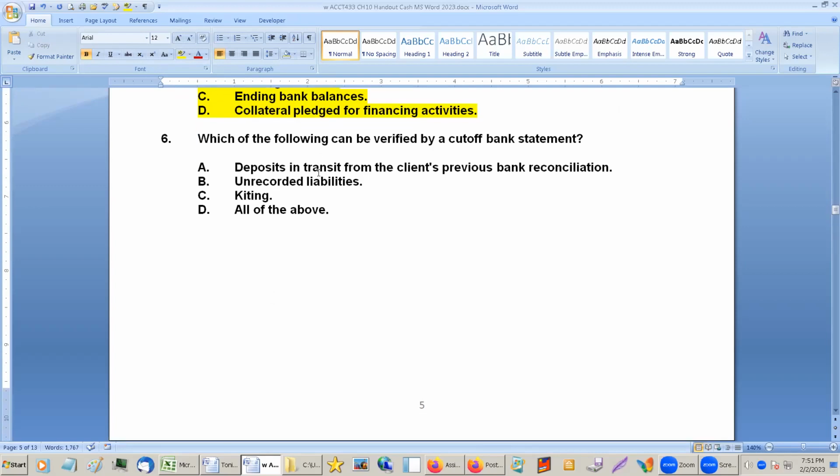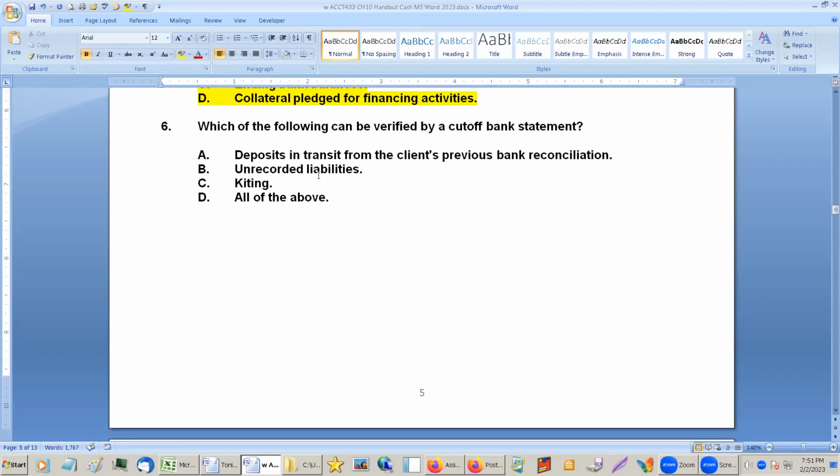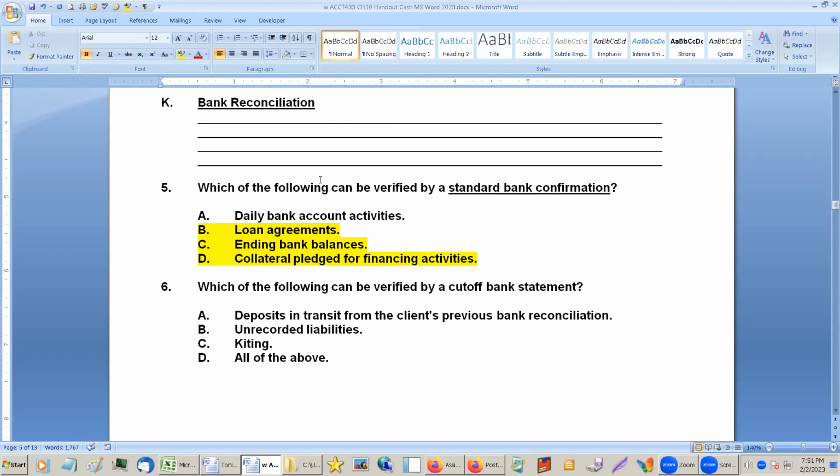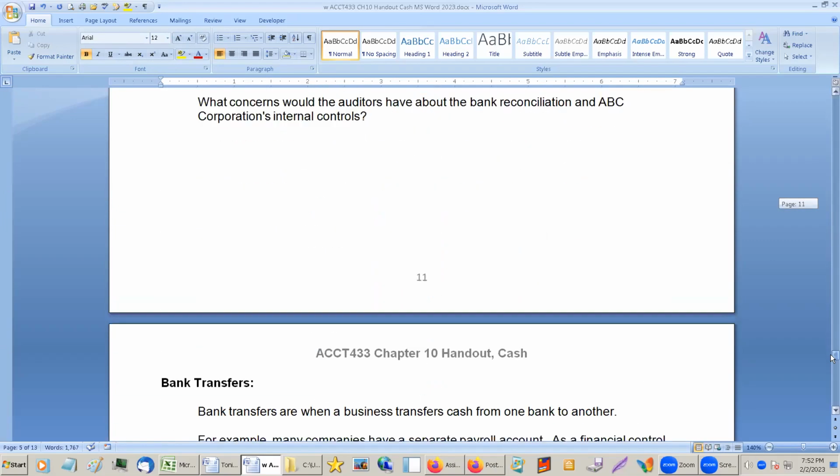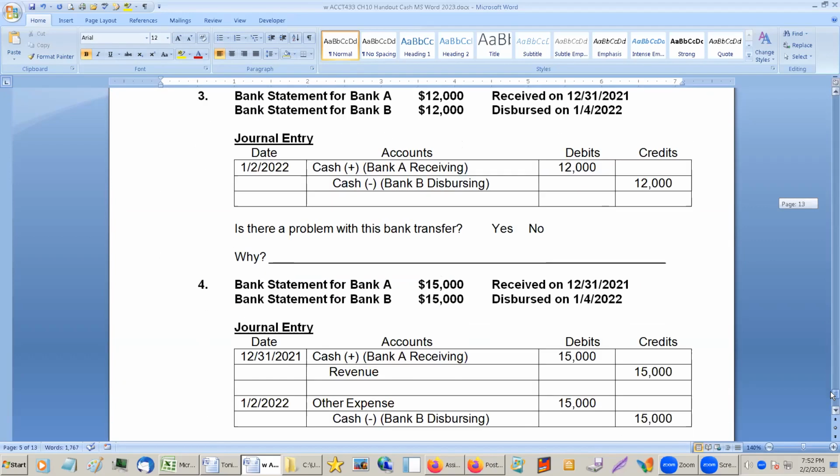Which of the following can be verified by a cutoff bank statement? I haven't talked about kiting yet. This is all the above. Yep, pretty much. Kiting, we'll talk about it. Actually, we'll do kiting. I'll show you guys how to do kiting somewhere here. This is a huge